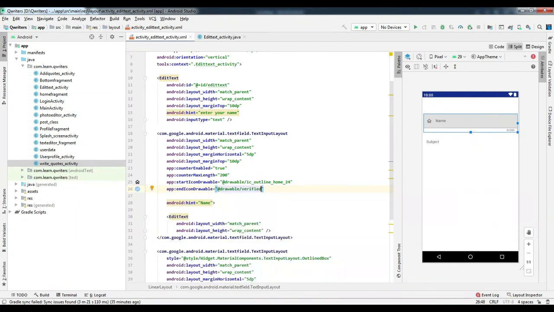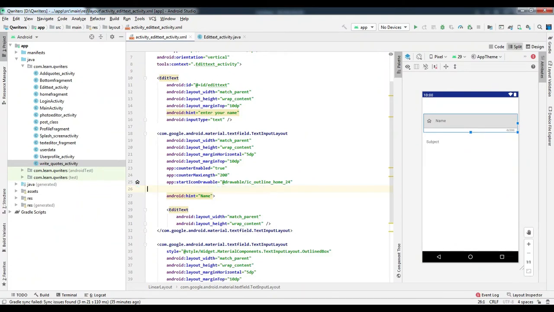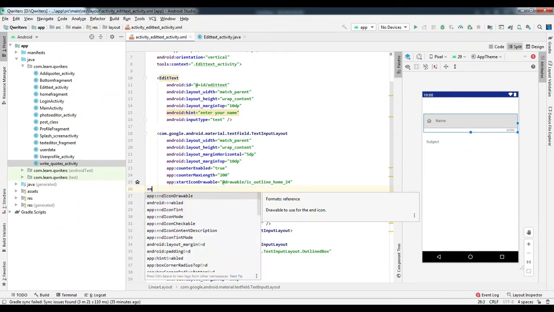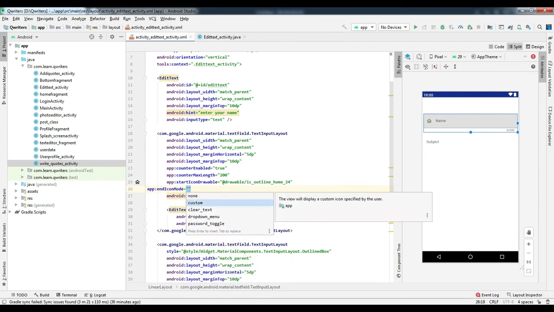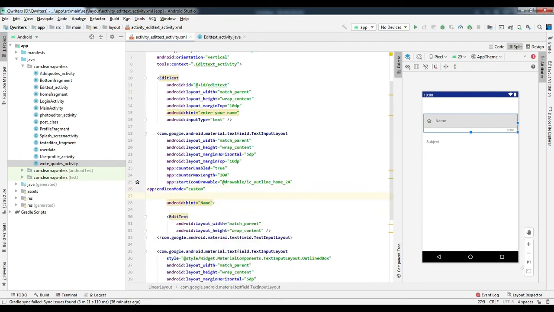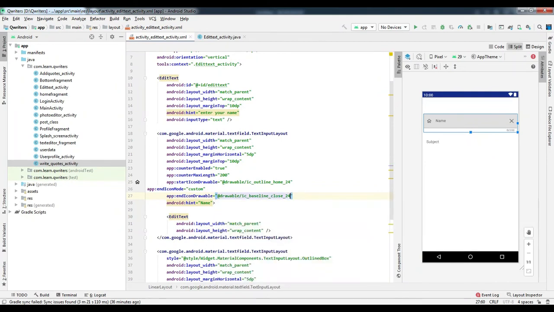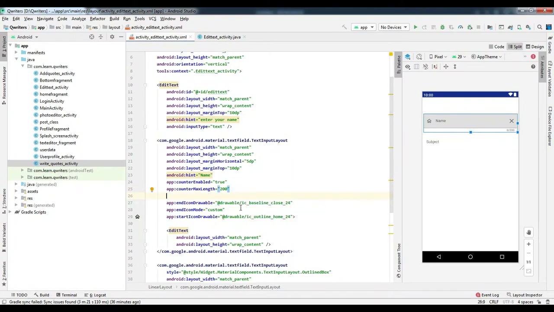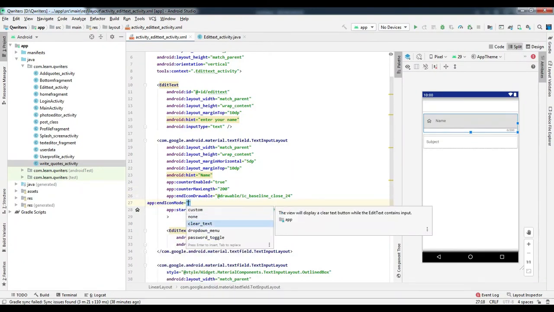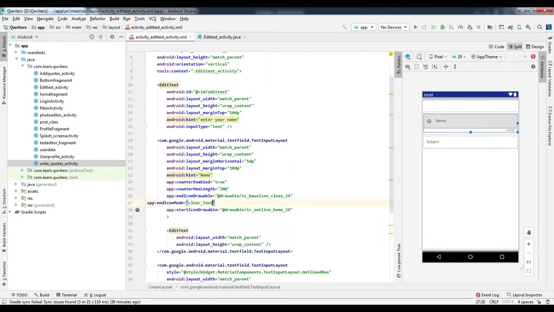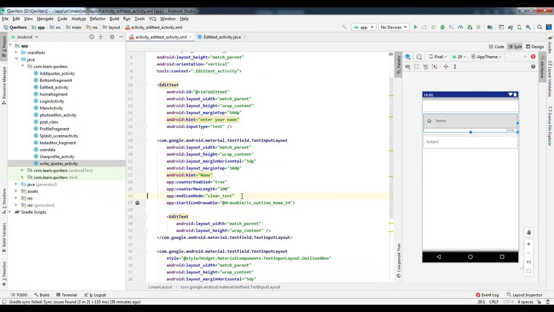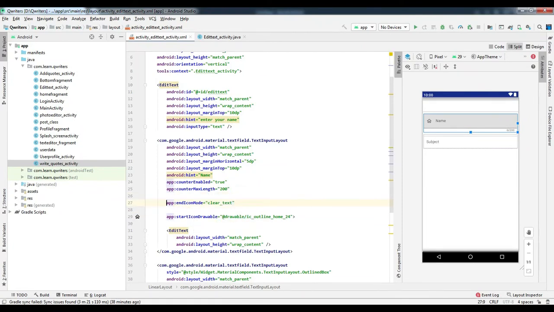Select any one drawable. Next, add custom: first add endIconMode custom, then you specify the end icon drawable. Then you can see the end icon drawable is seen. We can also specify endIconMode to clear text, which will be seen when we run the app.